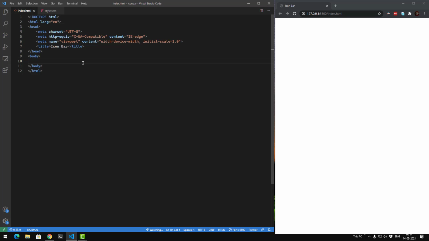Now for the starters, I would need a div for the container, so let that div be icon bar, and then I will need an anchor tag because I want those icons to be clickable, and I want five of those. So I'll write them in a bracket, A, and I will put in a hash for the href, so the anchor tag is not going anywhere. And then I'll give it a class of icon bar